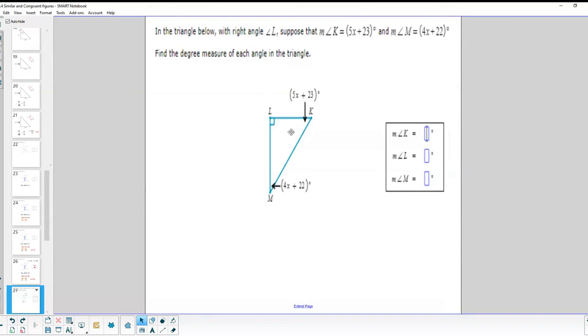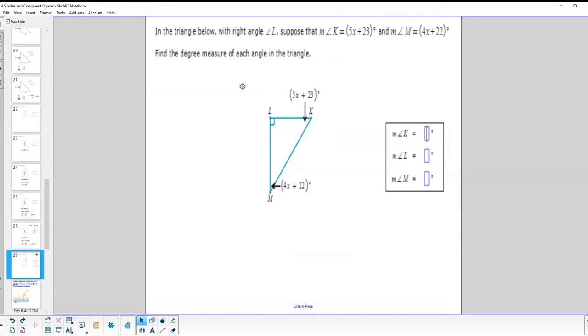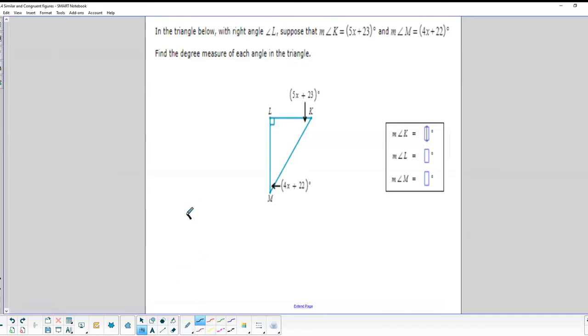Okay, so the last example we have is a triangle. It has 3 corners to it, 3 angles. We want to find the measure of each angle. Well, we already know that the angle L is 90, and we'll be taking that and set up an equation between those 3 sides. So that's going to look something like this. We're going to get our 90-degree angle. Let me get the right pen in place. We'll have a 90-degree angle